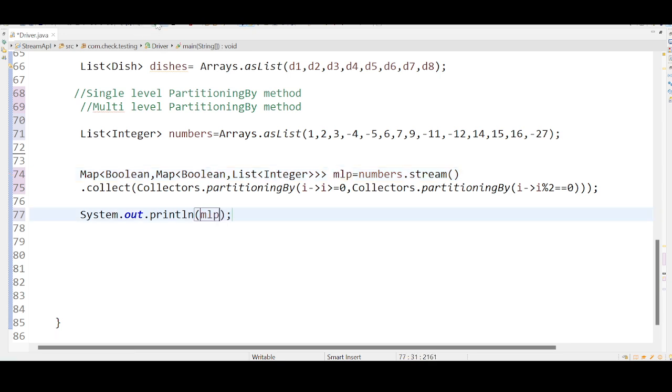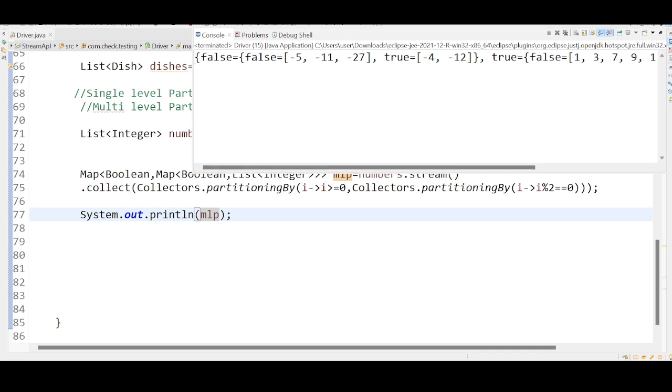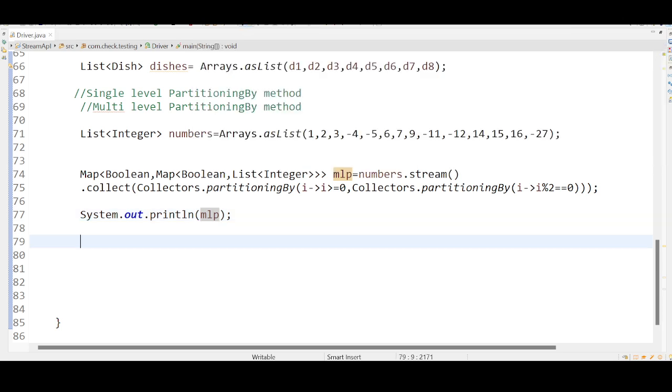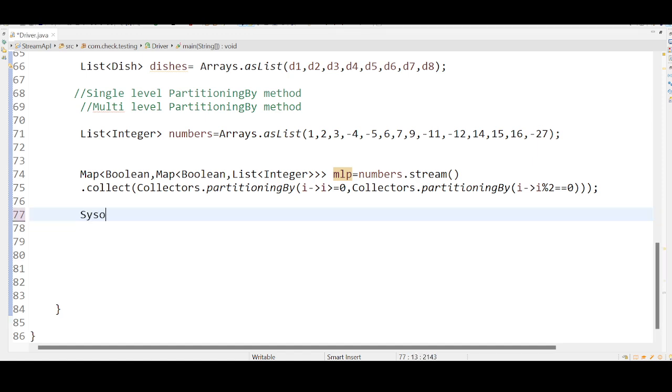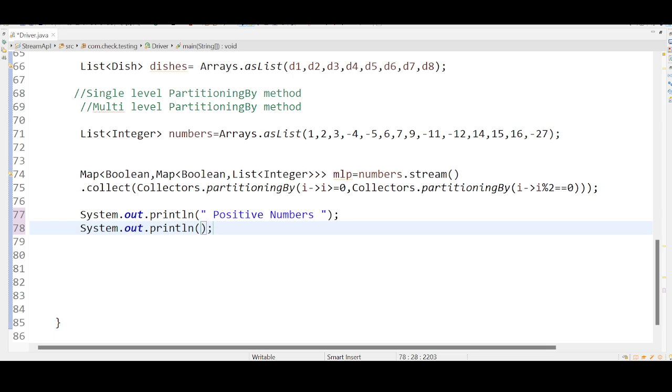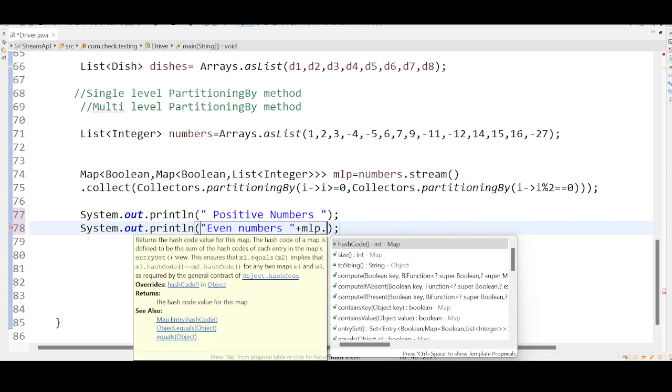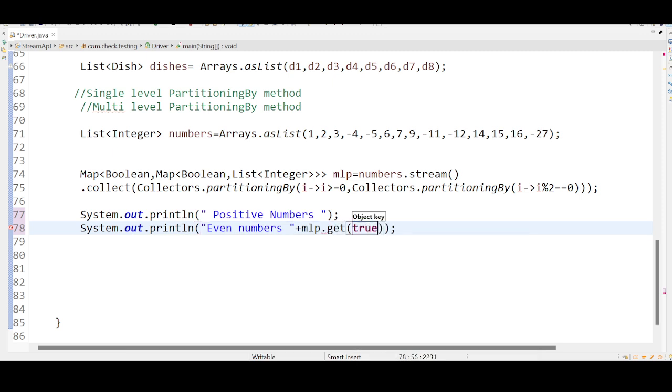So you get output like this: false, false. Not readable, isn't it? What I want to do is display the output in an orderly fashion. So I will do System.out.println, positive numbers, and under that System.out.println, even numbers. For the even numbers, I will use this MLP dot get, will pass the object true,